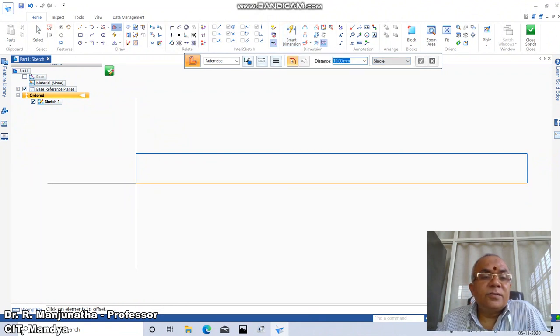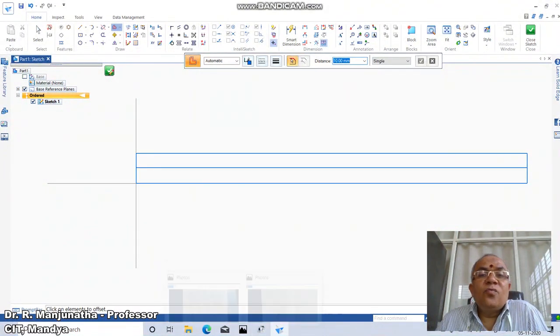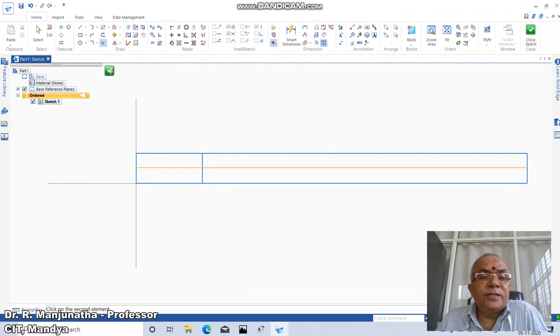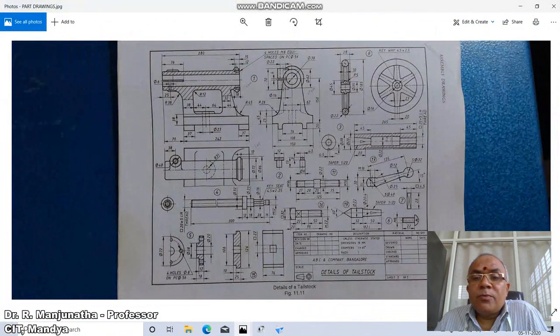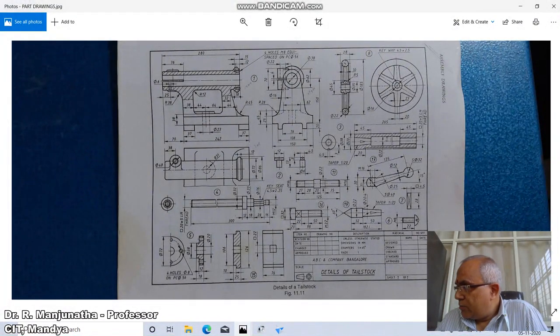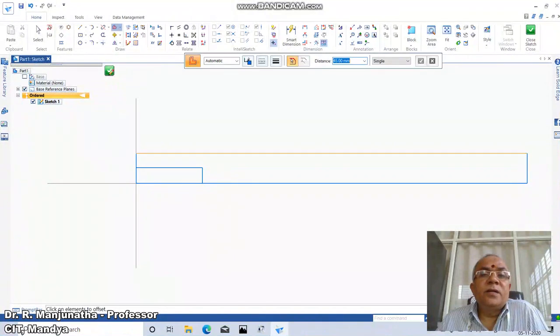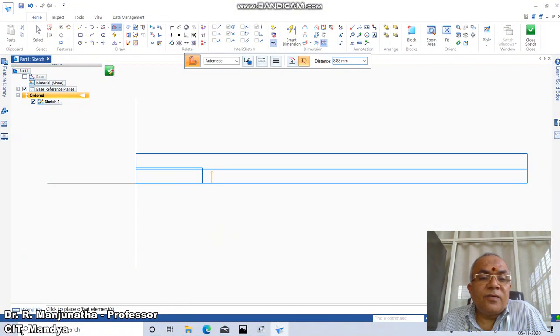Offset as 10. So from here you take 10 mm, and then the length of this is going to be 45 mm. So you take 45 from here. Then we have this trim corner between these two. You have got this line. So then there is a taper here. The taper point we need to find out. The taper point is the one which I was talking about, 17.75 in the diameter. So it becomes offset 8.875. So go to offset, take 8.875 and select this line and offset it.